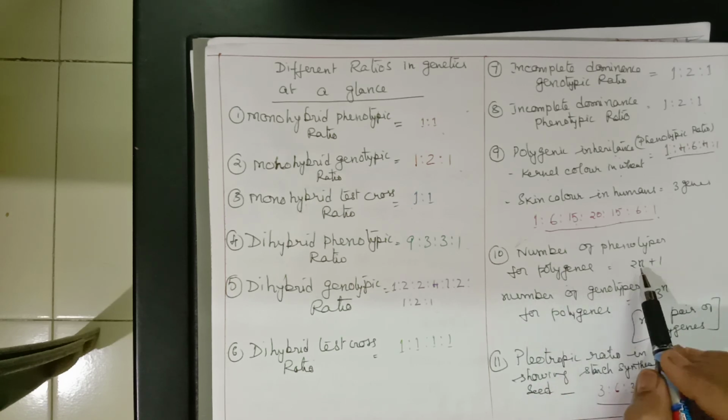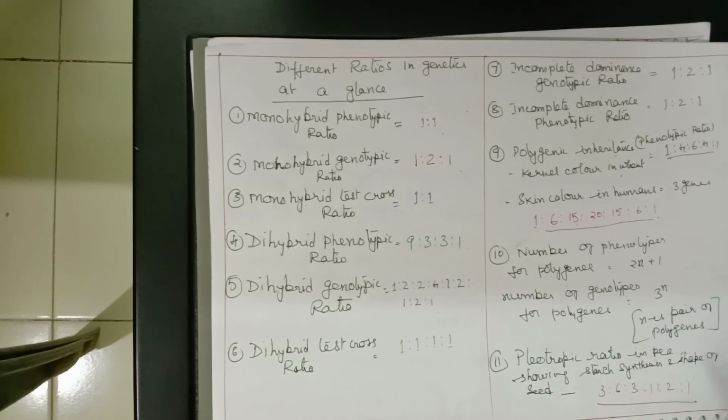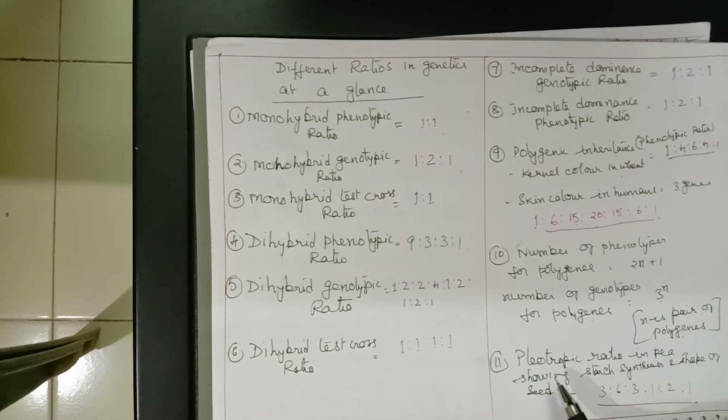Number of phenotypes for polygenes is calculated as 2n plus 1, where n is the number of gene pairs present. Number of genotypes for polygenes is calculated by the formula 3 to the power of n. The last ratio, the pleiotropic ratio in pea showing starch synthesis and shape of the seed, you get as 3:6:3:1:2:1. Here the single gene represents the shape of the seed, round and wrinkled, and also the size of the